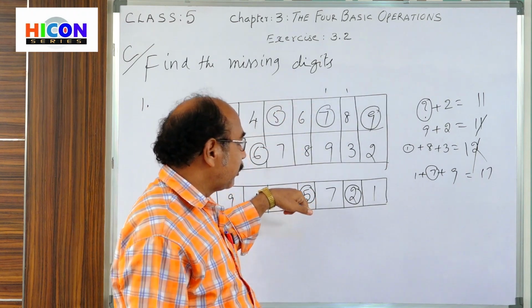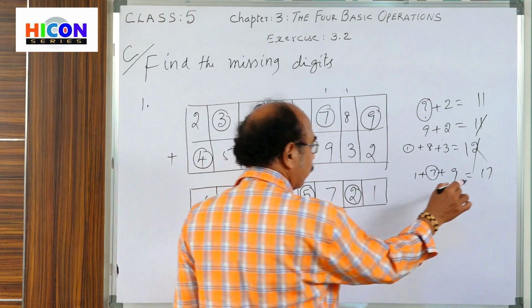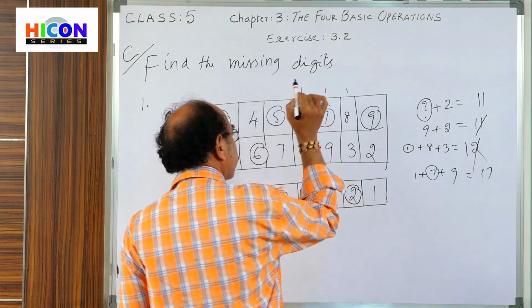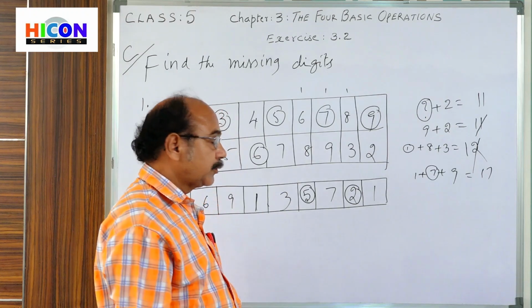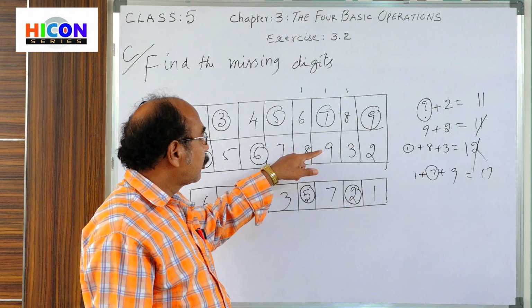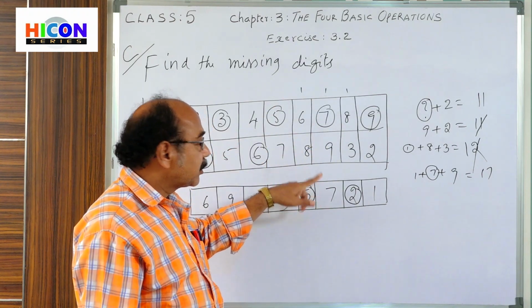10 plus 7, 17. Then 7 here we write and 1 is there. That 1 we write in the next. Okay, children. So, like this you write 9 plus 1, 10. Here we have to get 7. That's why